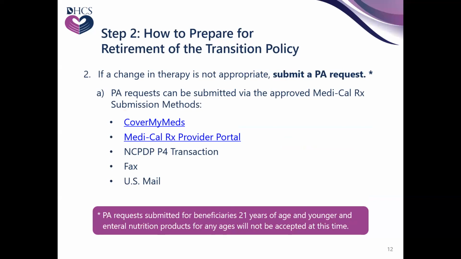If covered therapies, as described on the previous slide, are not clinically appropriate, consider submitting PA requests in advance of retirement of the transition policy. PA requests can be submitted via the 5 approved Medi-Cal Rx submission methods: CoverMyMeds, Medi-Cal Rx Provider Portal, NCPDP P4 Transaction, fax, and U.S. mail. Note that PA requests in advance of retirement of the transition policy for beneficiaries 21 years and younger, as well as requests for enteral nutrition products, will not be accepted as they are excluded from the Phase 3 transition